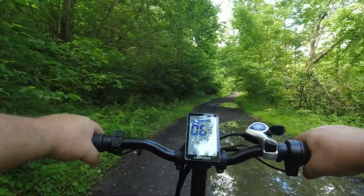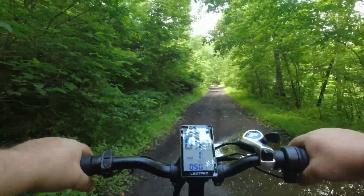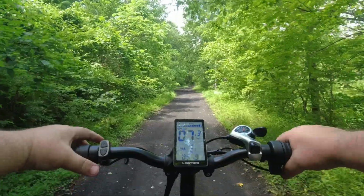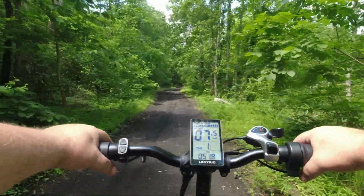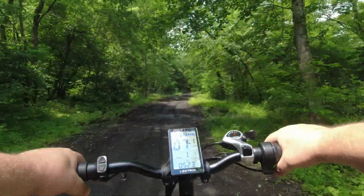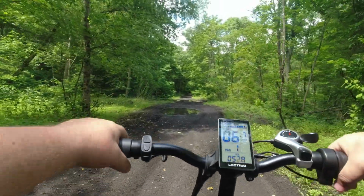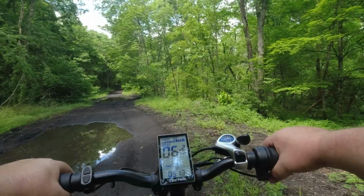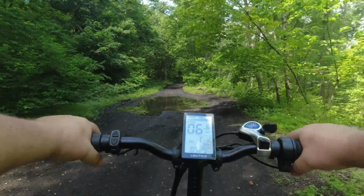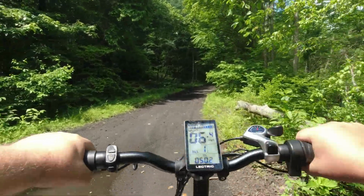My wife and I were laying in bed last night, and I told her today was supposed to stop raining and I was going to need to get out and do some riding. And we were laying there looking at our trail app, trying to find some different trails, some a little farther away from the house. And we came across this trail. Oh, and there's another trail down here that I almost went on instead,